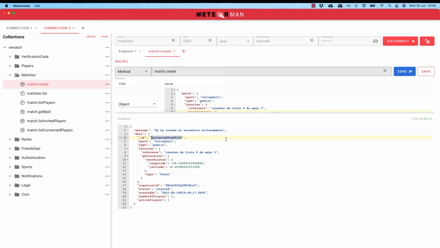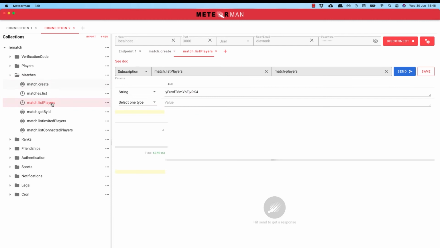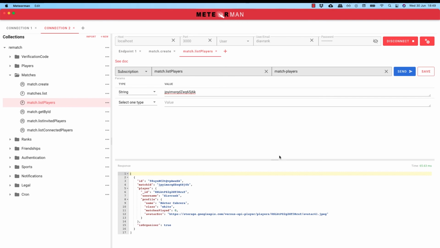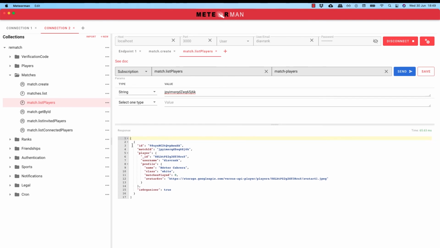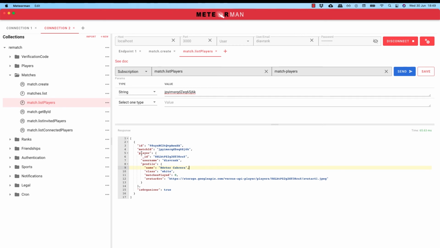I'm going to copy it, and also open the match list players endpoint. This endpoint is a publication, so we have to put the match ID in this part. I'm going to invoke, or subscribe to, that publication. At this moment we are subscribed to the publication. We can view the users